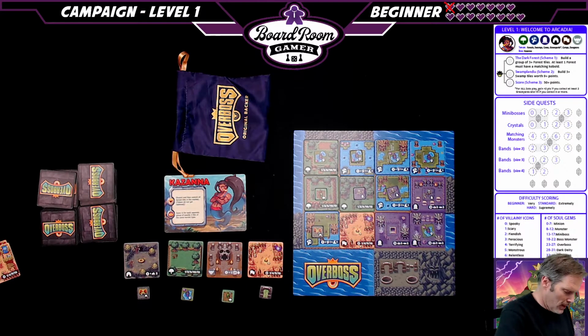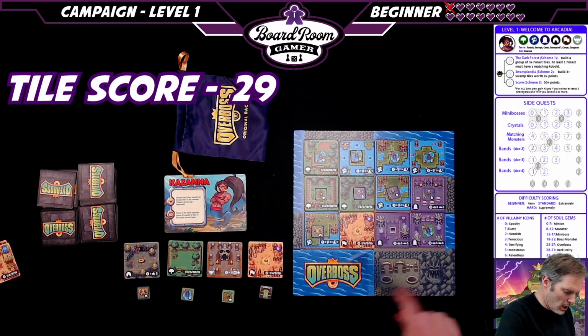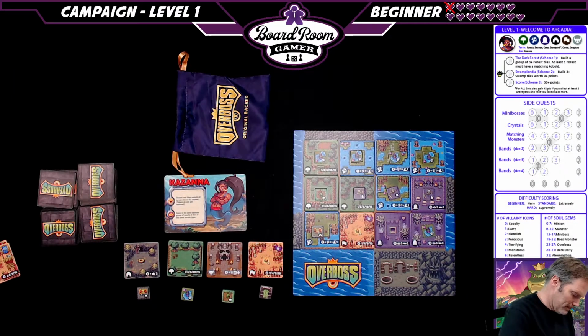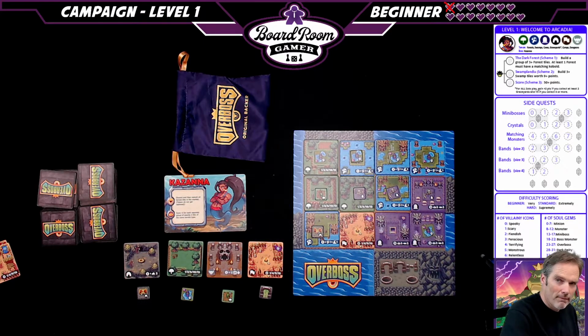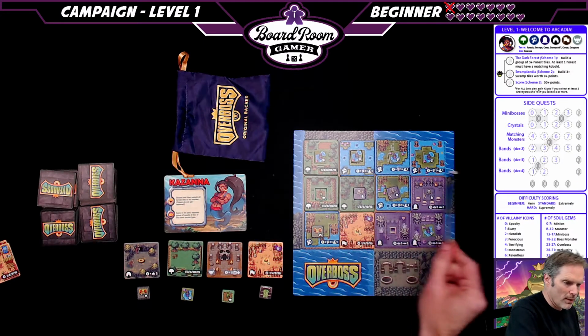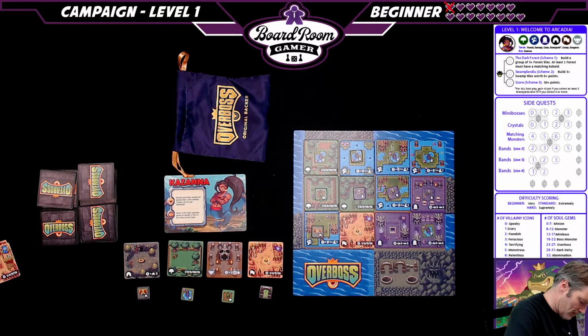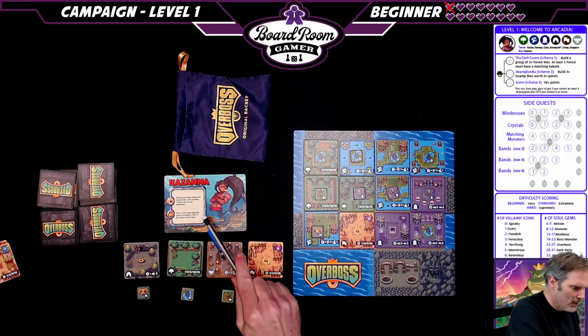So my tile scores, 16 plus 11 is 27, 28. 28 so far. Mini bosses, I had none. Crystals, I had none. Matching monsters. Okay, I did pretty well there. 1, 2, 3, 4, 5. I had 5 matching monsters. Now a band of monsters of size 3 is worth 5 points, and size 4 is worth 7 points. So that's going to be another 12 points. That's 17 points. That brings me to a total of 40 so far, but my boss score,